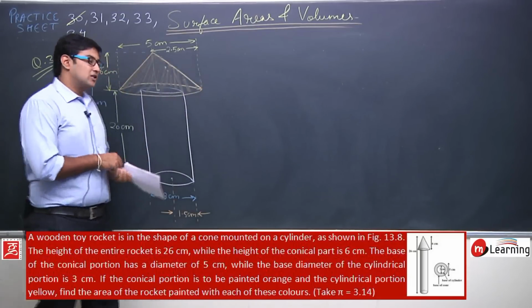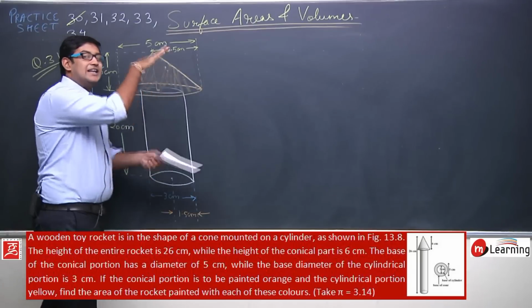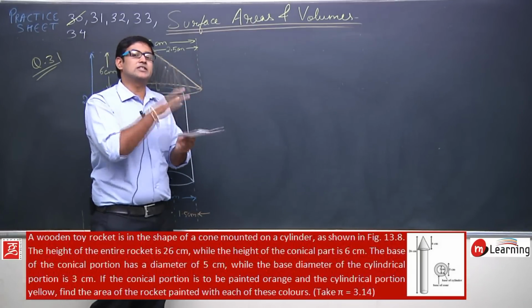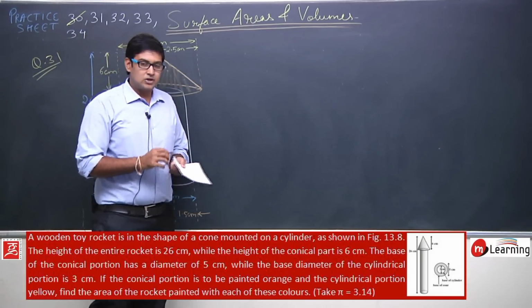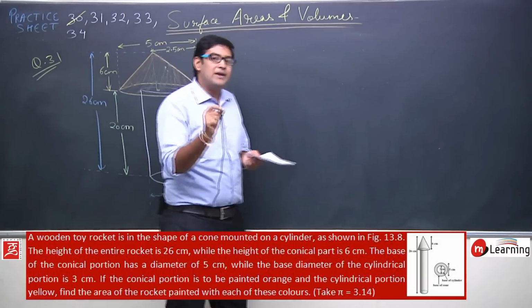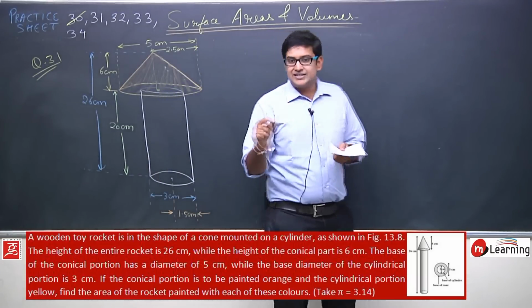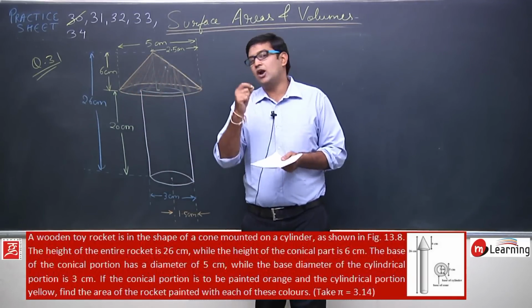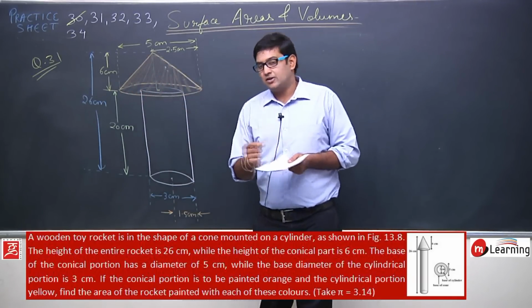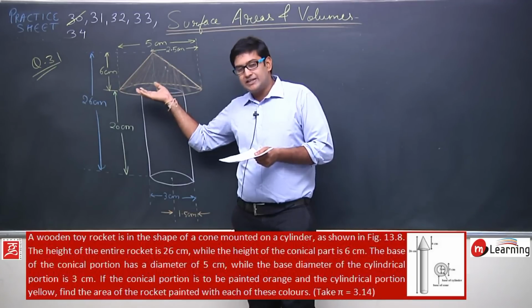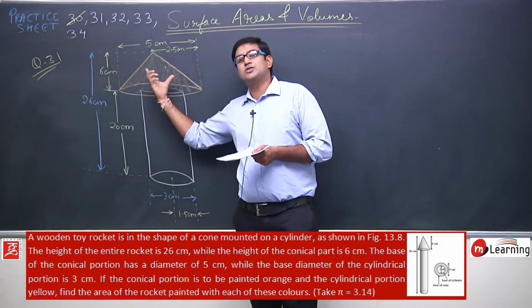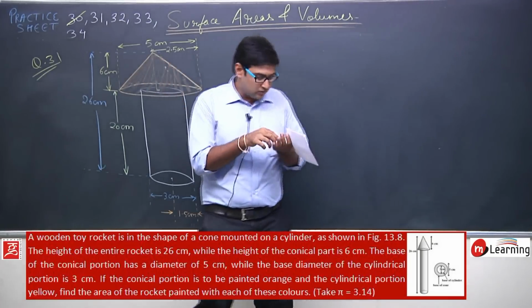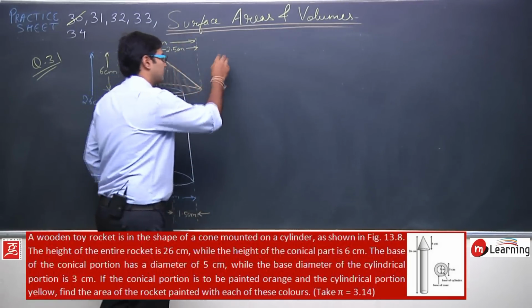Why? Because the base of the cylinder is attached with the base of this conical surface. So the portion of the conical base where the cylinder is attached will not be painted. I cannot paint that surface of this conical base which is attached to the cylinder. Okay. So what I try to say is,